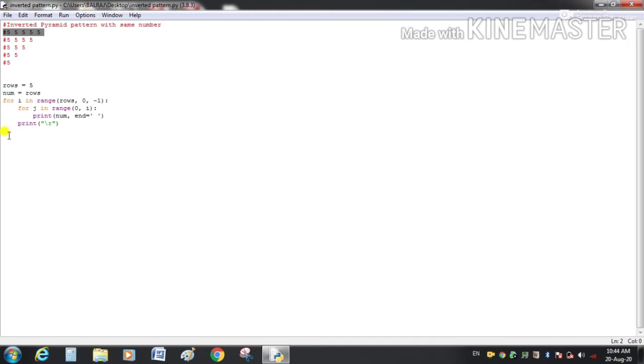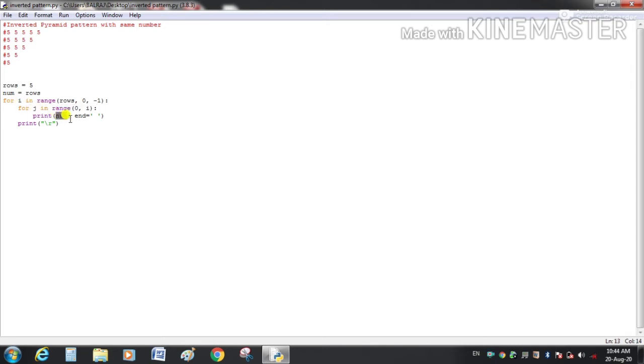And for the second time, or we can say for the second row, the value of the i will be 4, 1 less than the previous value. So it will take the value 4. For j in range 0 to 4, so it will execute 4 times for the value 0 to 3, and again we are printing num.